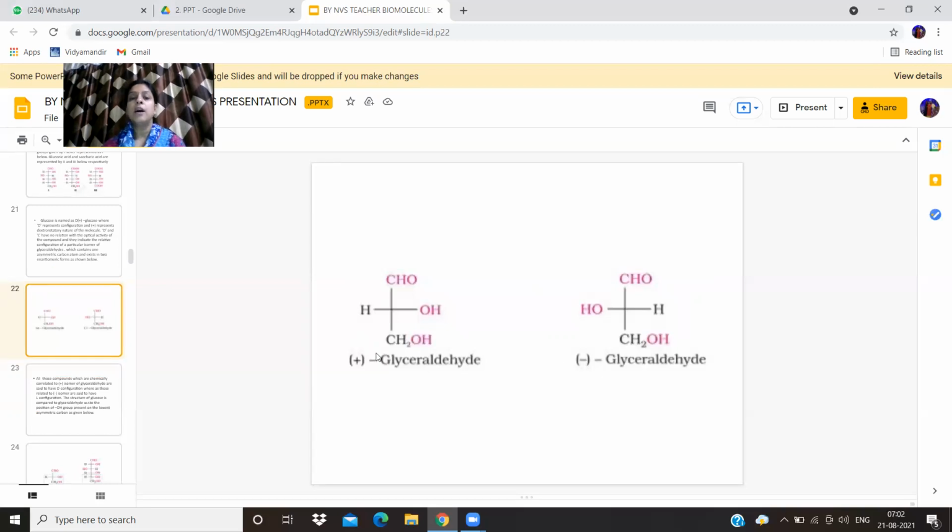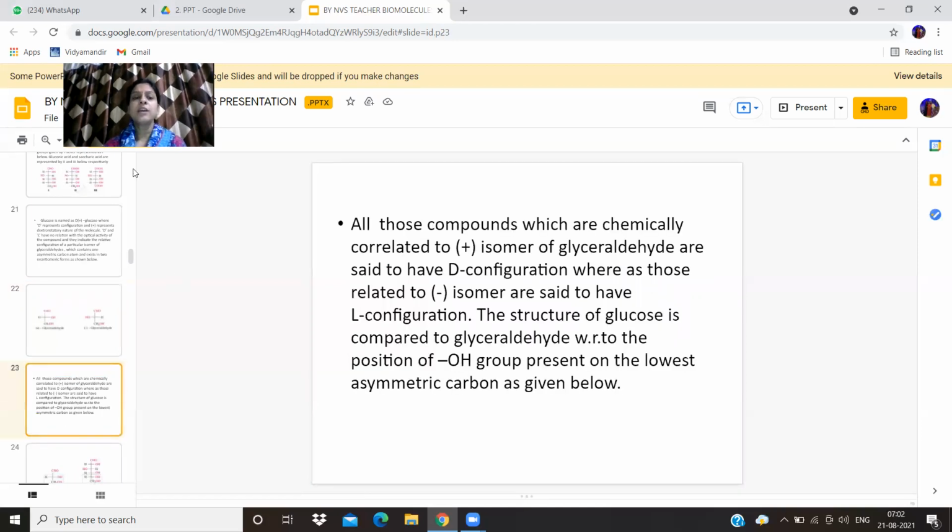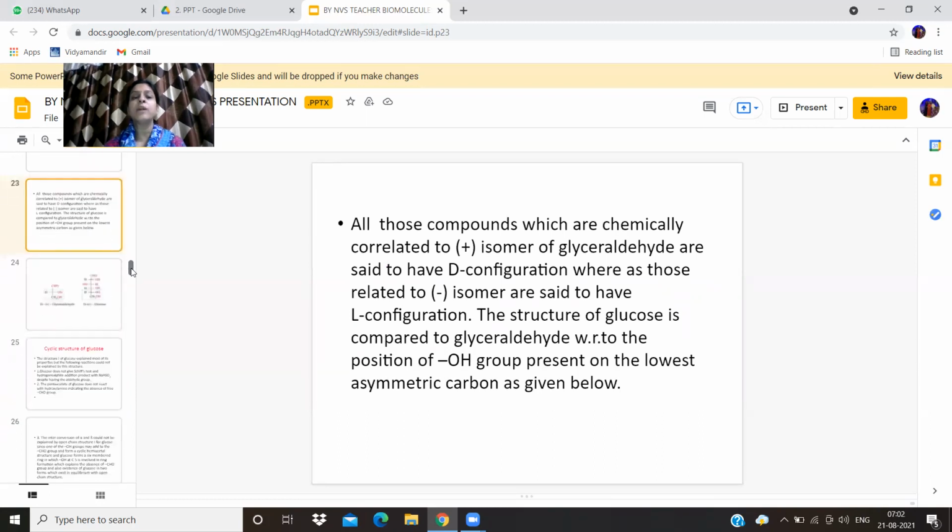Like this is D positive glyceraldehyde, in which the hydroxyl group is present on the right hand side, whereas negative glyceraldehyde, also called levoglyceraldehyde, has the hydroxyl group on the left hand side. Okay, so all the compounds which are correlated to the positive isomer, in which the positive side